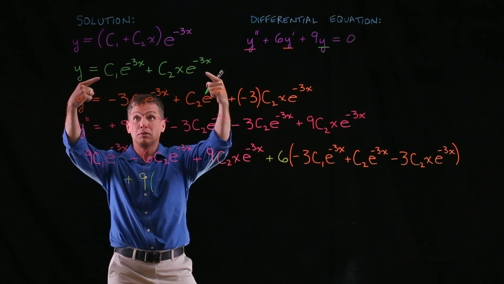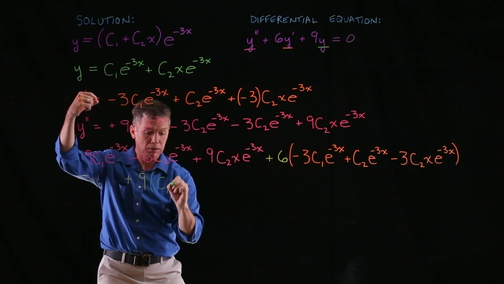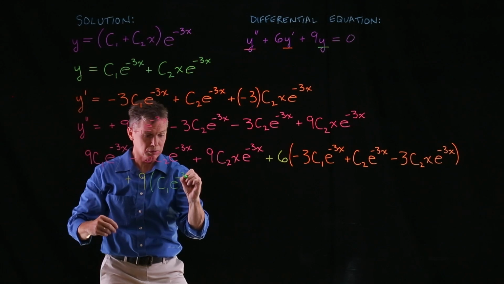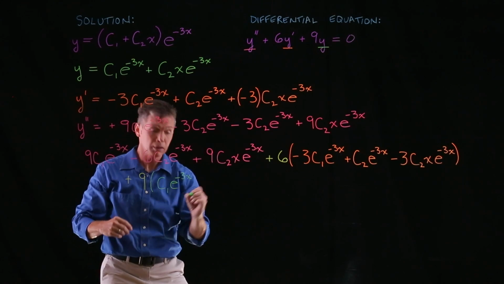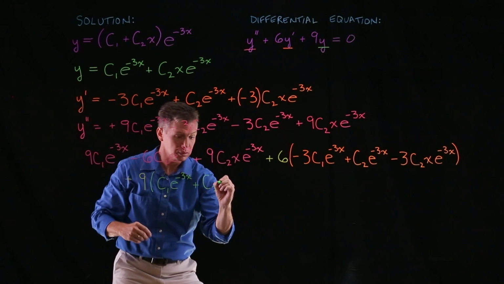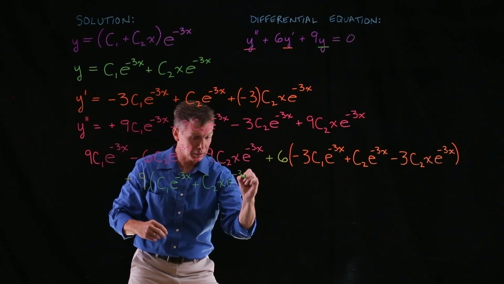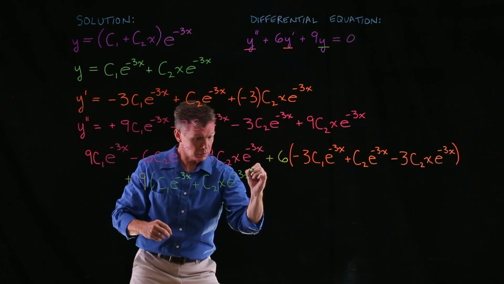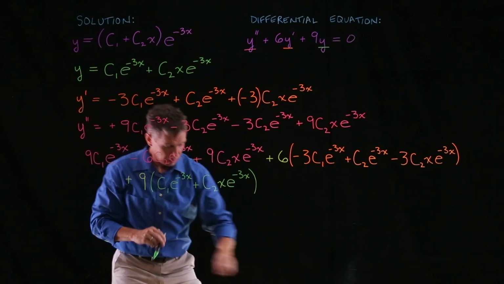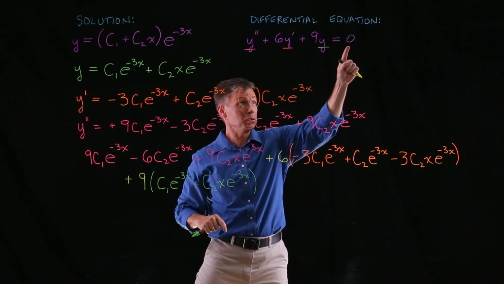That would be all of this: c1 e raised to the minus 3x plus c sub 2 x e raised to the minus 3x, close parentheses, and back to the original equation, equals 0,